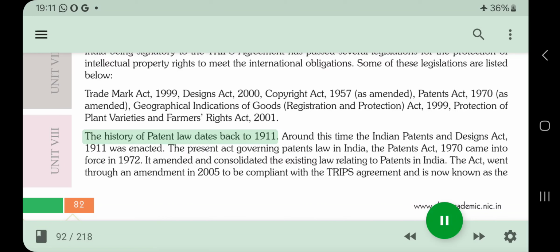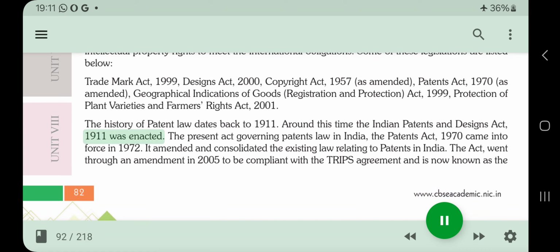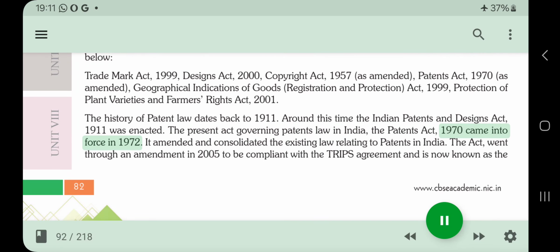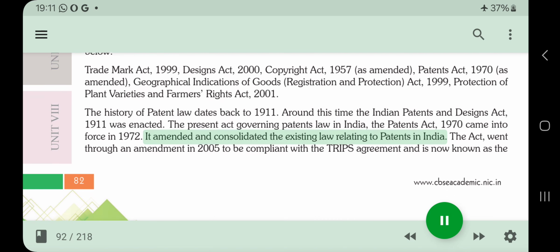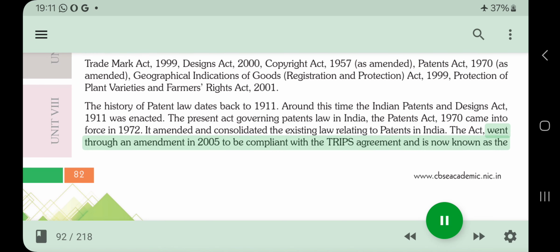The history of patent law dates back to 1911. Around this time, the Indian Patents and Designs Act, 1911 was enacted. The present act governing patents law in India, the Patents Act, 1970, came into force in 1972. It amended and consolidated the existing law relating to patents in India. The Act went through an amendment in 2005 to be compliant with the TRIPS agreement and is now known as the